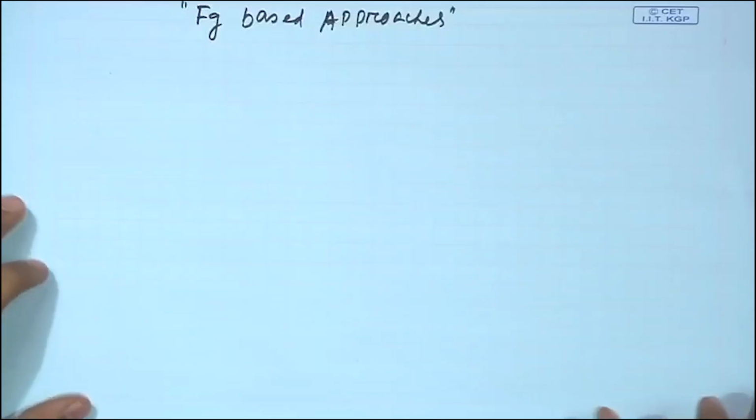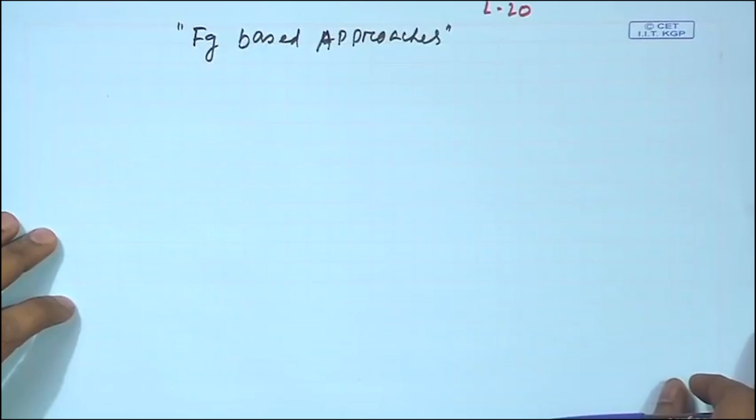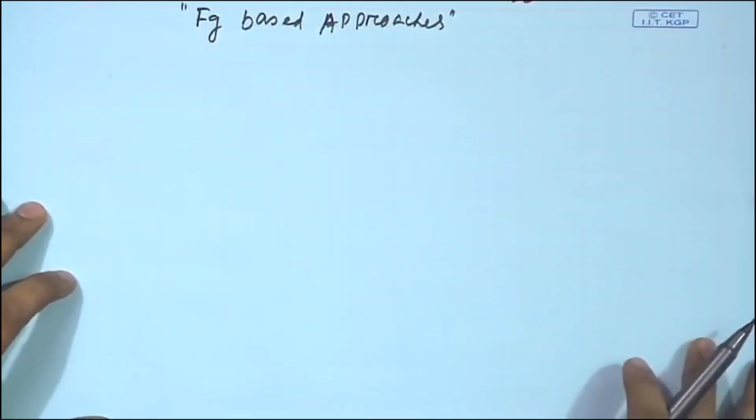So, in the last lecture we were discussing multiple transformation based approaches, and many of the unknown transformations were discussed in a detailed, mechanistic way. Today we are going to put much more emphasis on functional group based approaches. We said functional groups can be any functional group like aldehyde, ketone, hydroxy, thiol, anything. I will try to figure out how functional group based approaches can be useful, but on the other hand,